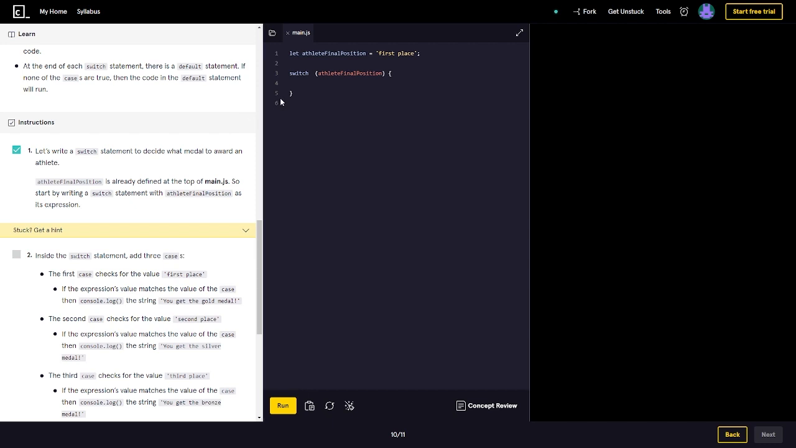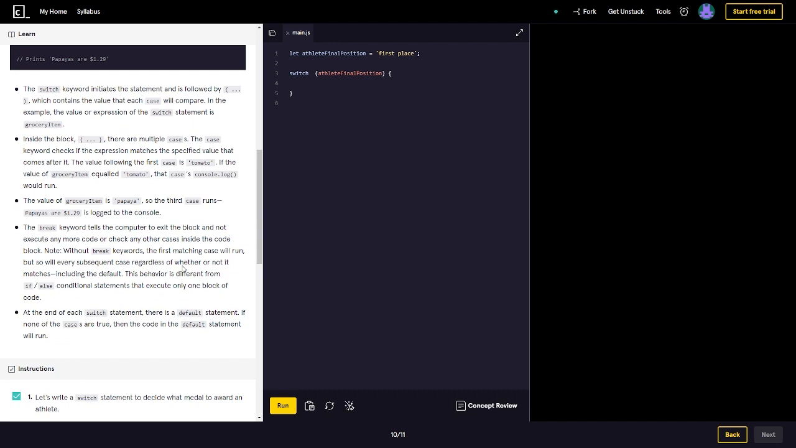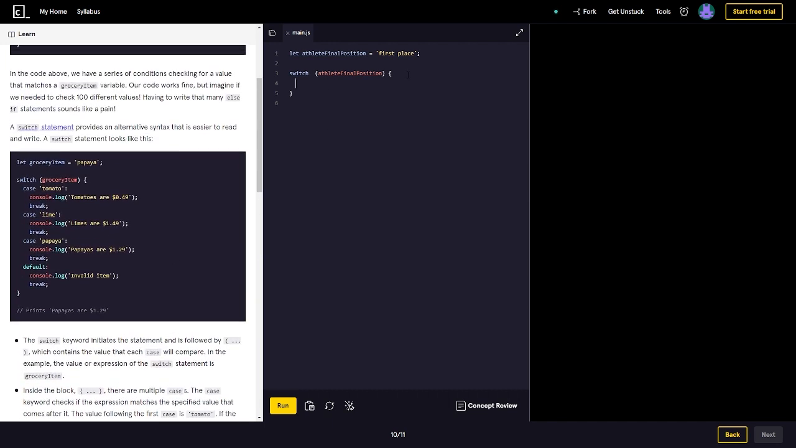Inside the switch statement, add 3 cases. The first case checks for the value of first place. If the expression's value matches the value of the case, then console.log the string, you got the gold medal. Alright, so let's take a peek back up here. So we want switch, athlete, and then we want case. Right, and then we just do this. Go back. So we need to put that in there, and then we go down again, and we do